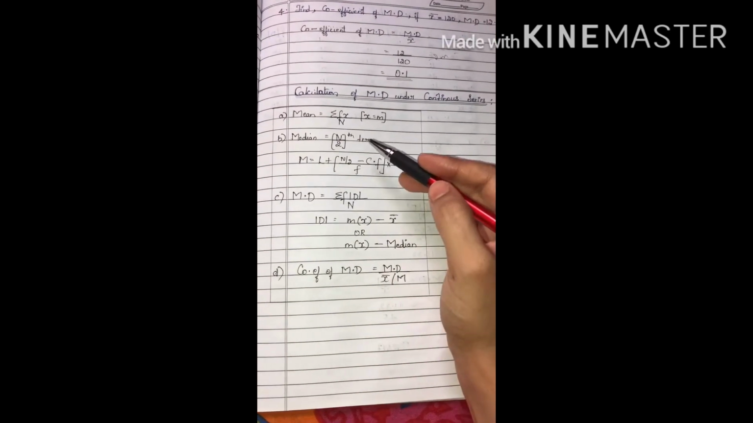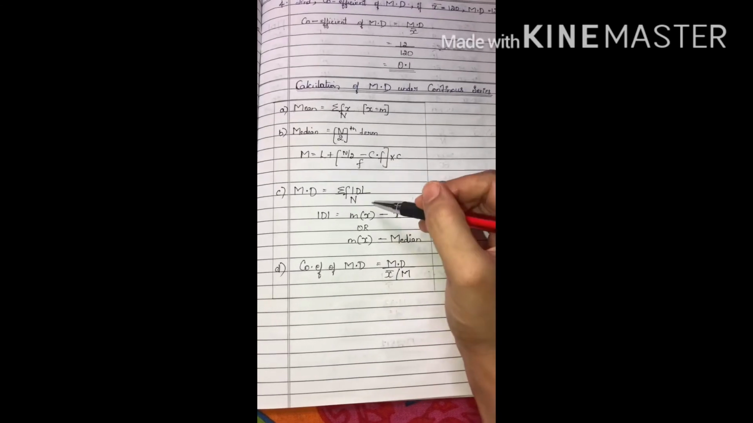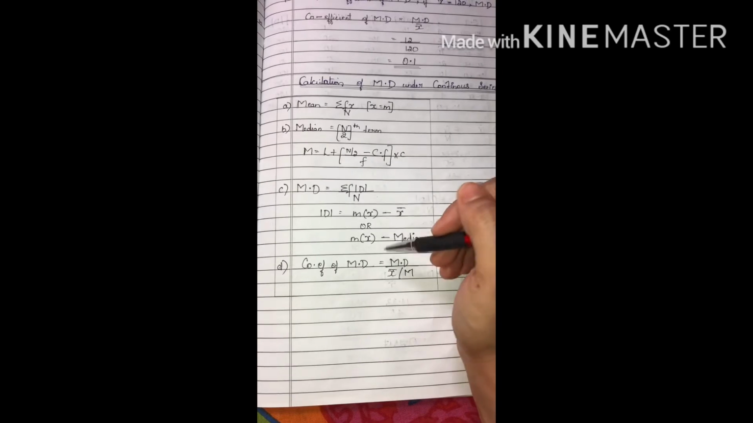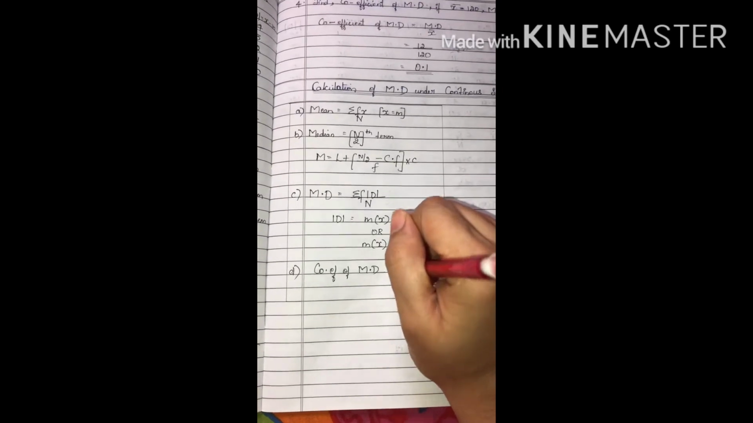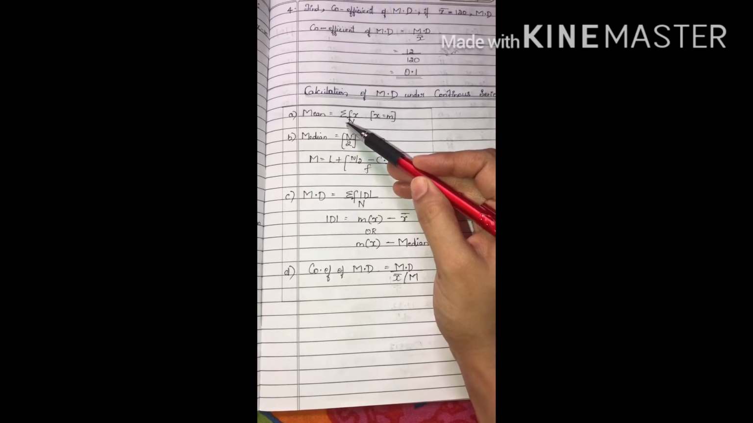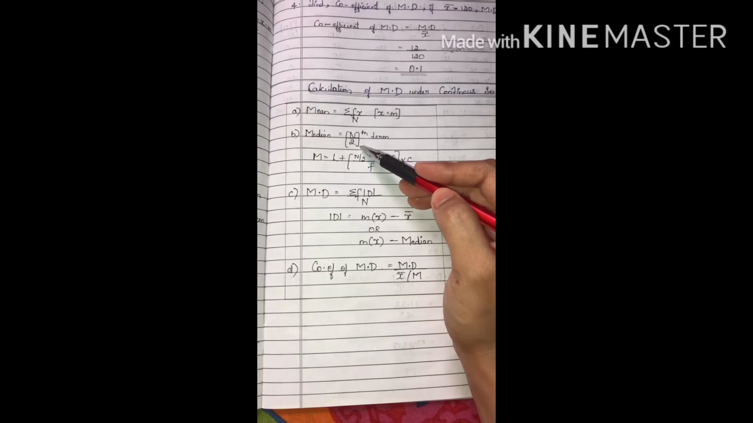For the continuous series we have to keep these four formulas in mind. There is no difference with mean deviation or coefficient of mean deviation. The formula remains the same under all the methods. When it comes to mean, the formula here would be sigma fx divided by n, and for median it is